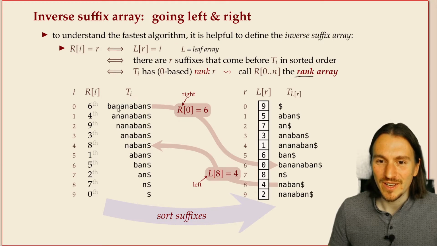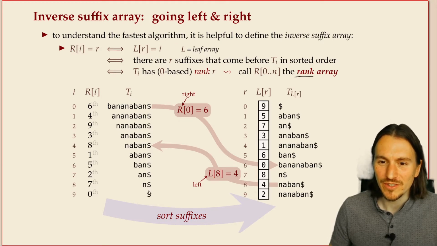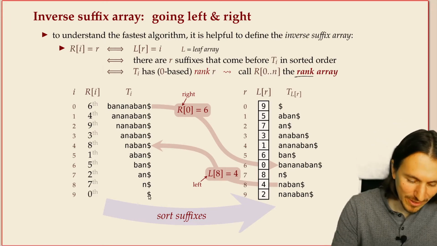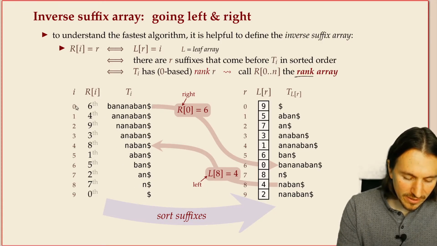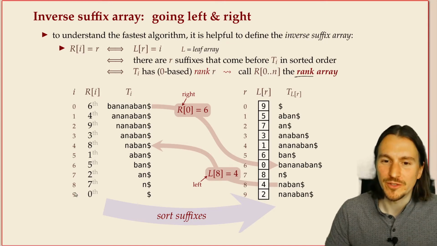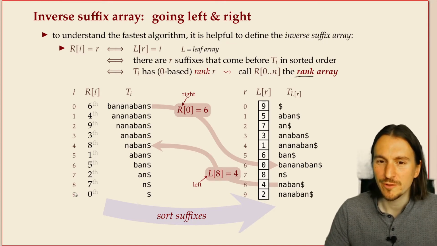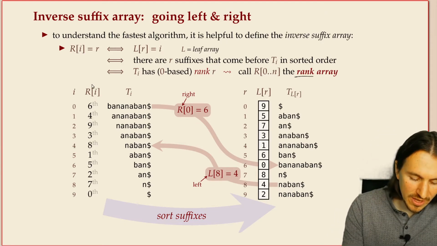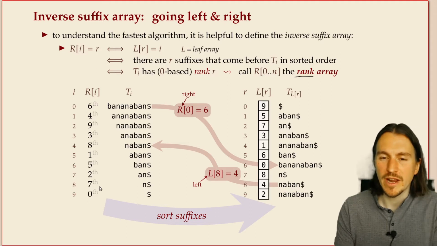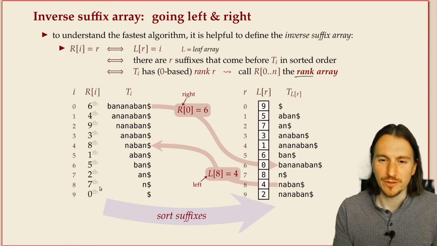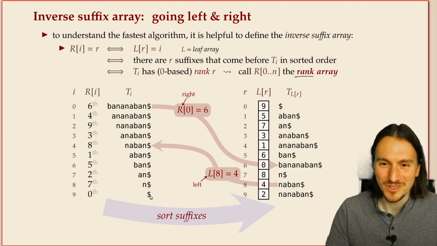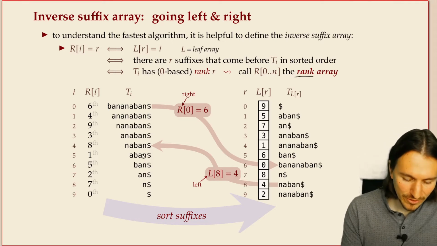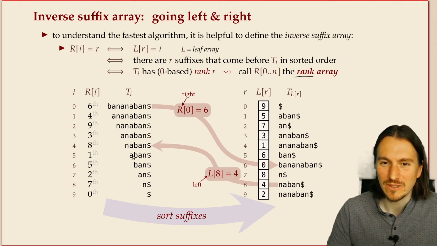If we have a text banana bin, we write all the suffixes in text order, where we just move the next character, so you have this nice triangle shape. If you have this here, then I is just the numbers 0 up to 9. That's the starting position of the suffix. And then R of I tells you the rank of this suffix in the sorted order, lexicographic order. So the first one is actually always the one that's just the dollar by definition. But then the next one, who comes first, that depends on the text,